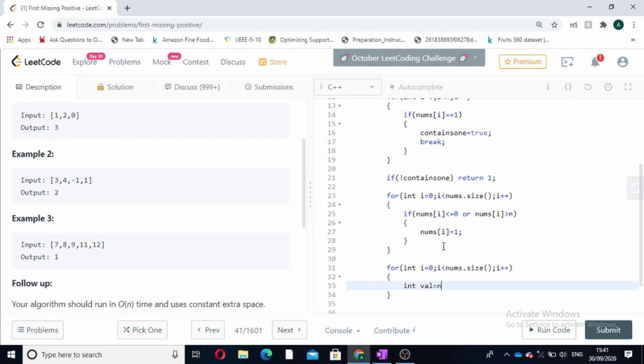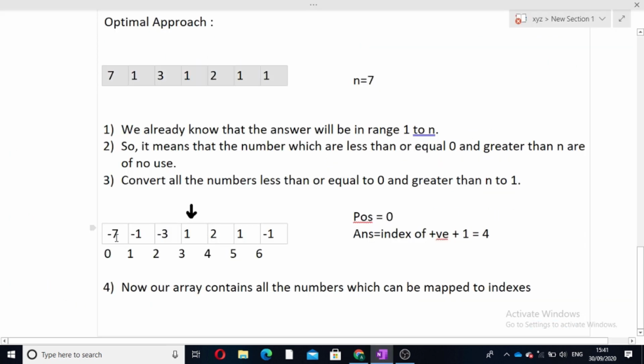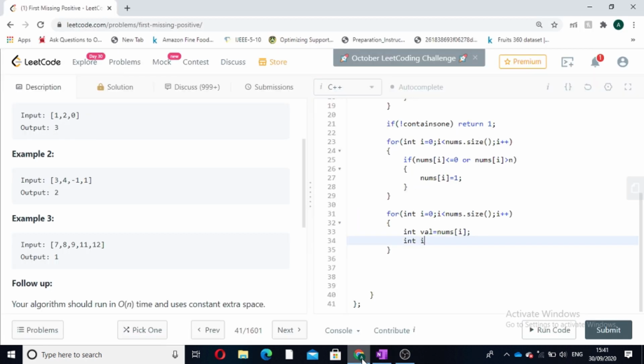Value will be nums[i]. Initially there it was 7. So our position will be value minus 1, so int position equal to val minus 1.